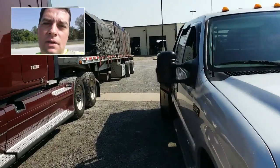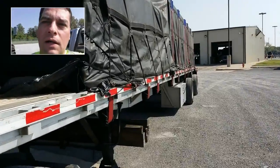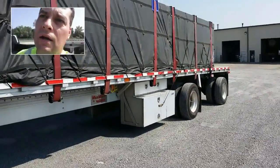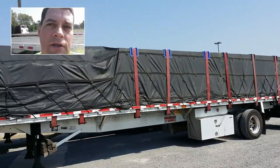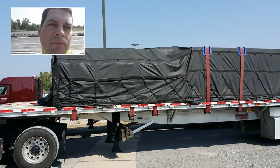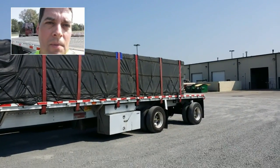Actually, I was doing some tarp repair. I just thought I would show you this load of gypsum board. Luckily, I'm grateful that they had black plastic they could have covered this with. Let me back up a little bit and give you the overall picture here. As you can see, most of my straps are on the outside, except for the front. And I guess the reason for that is at this particular location where I picked up this